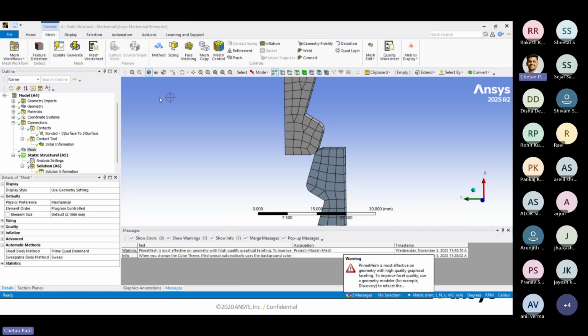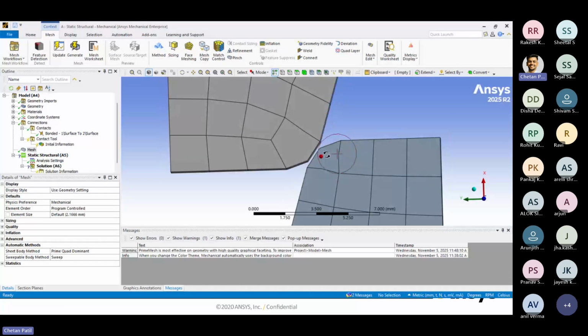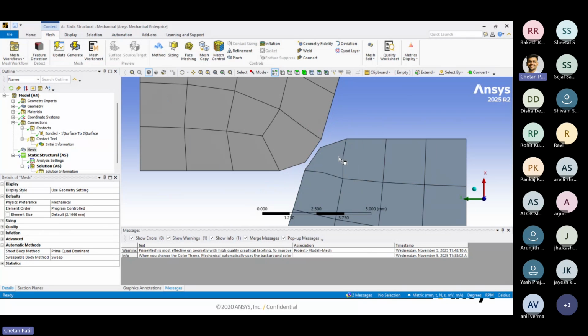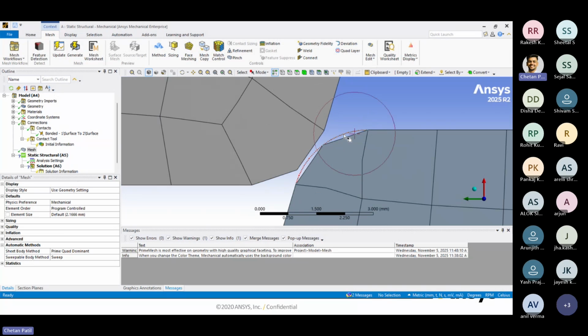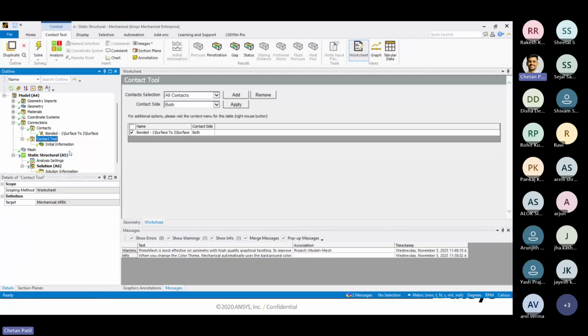Because if you are going with the default kind of mesh over here, you can see the gap has been increased a lot between these two bodies due to the kind of mesh that has been generated. This is an irregular kind of mesh, which doesn't even acquire the curvature in the model. As you can see, this curvature has not been properly acquired by this mesh that we have created on the geometry. And due to that reason, if I would go to the contact tool and generate initial contact results for the geometry over here,